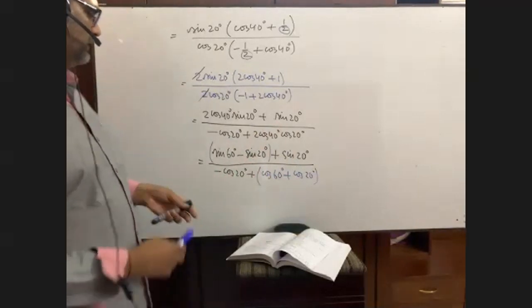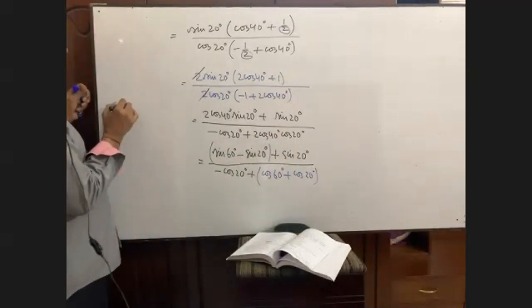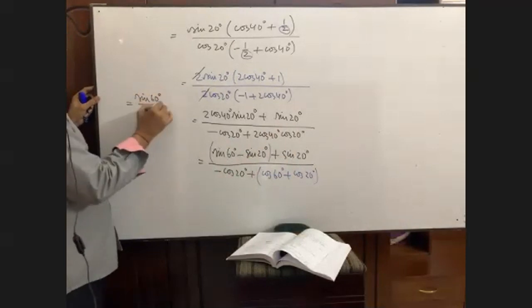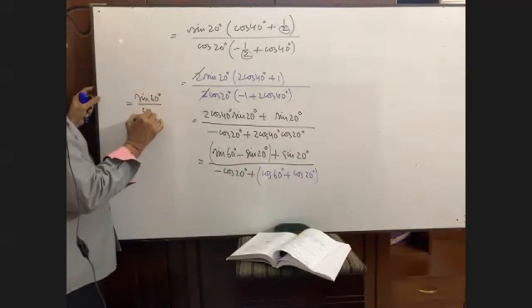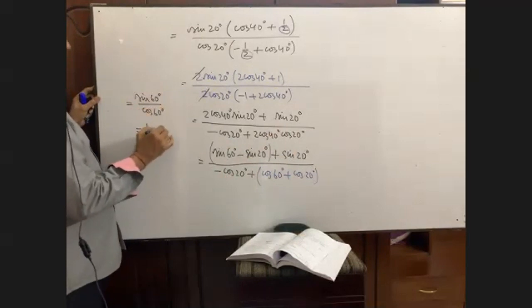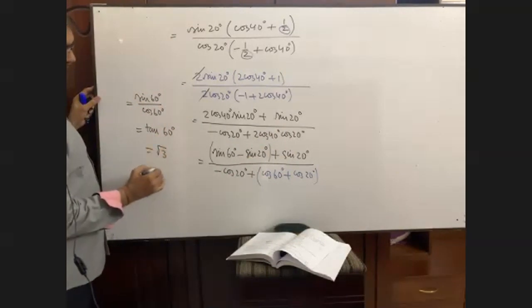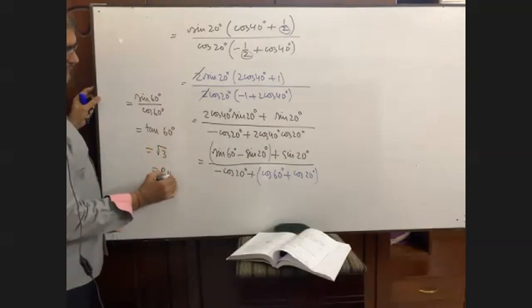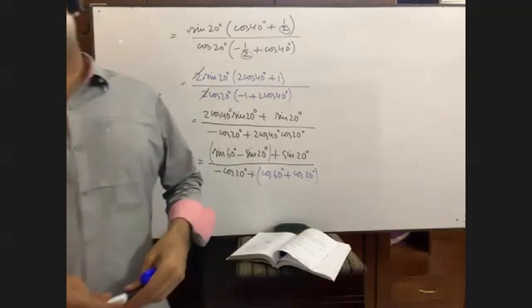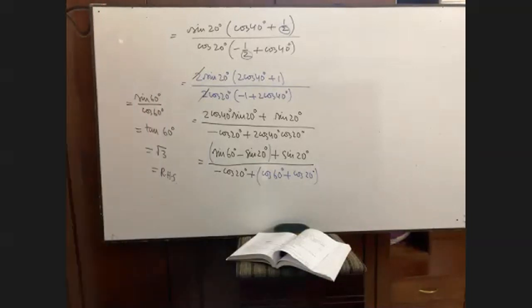Yes, sir. Then in the numerator, we will be left with sin 60, and in the denominator, we will be left with cos 60. That is tan 60. Tan 60's value is what? Root over 3. That is right hand side. If this math is not given in the exam, then please talk to me, call me. These are, you told, but this math was not given in the examination.